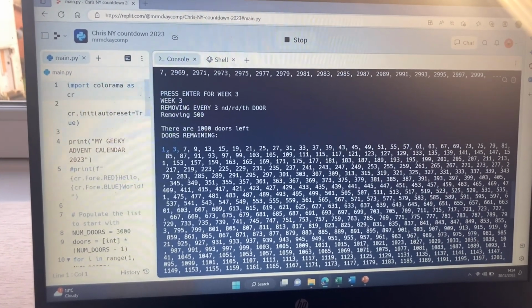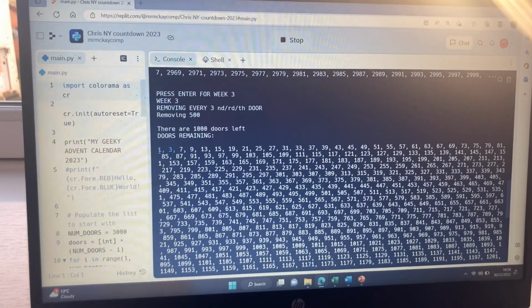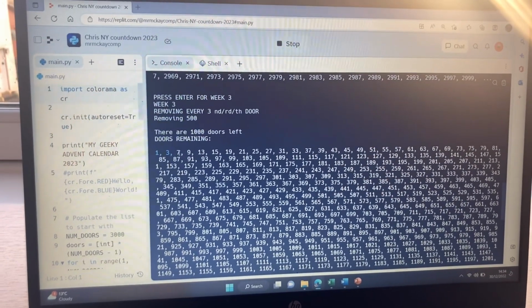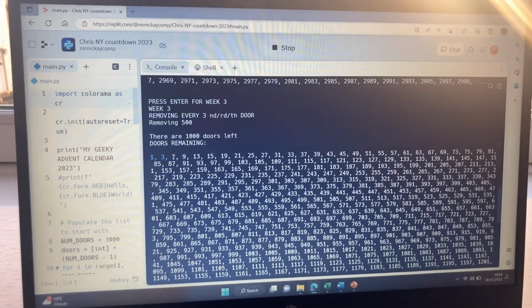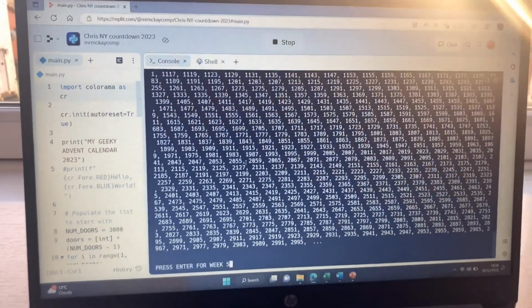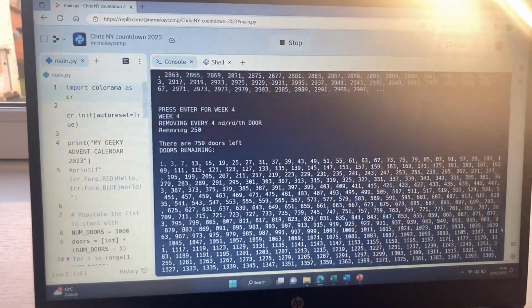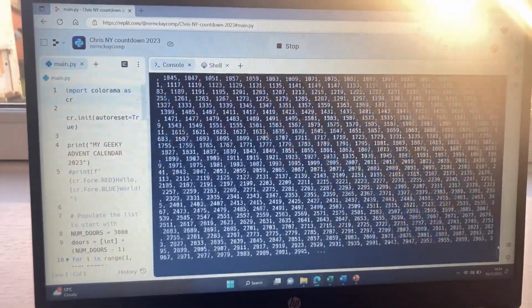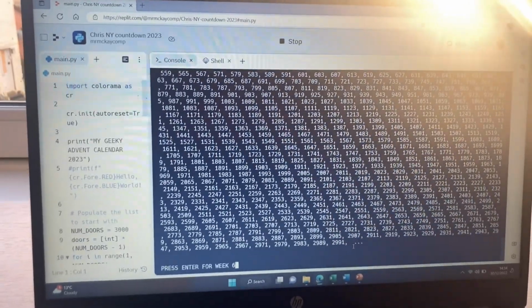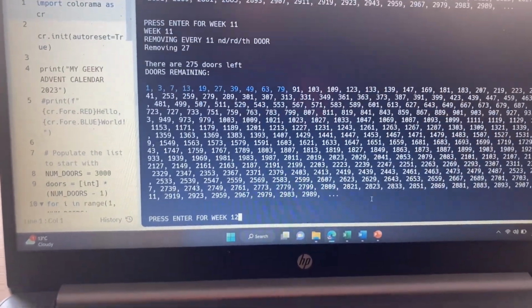Of course, 1's safe. It was safe already. Number 3, it's going to remain because we were getting rid of every third number on the list, and it's the second. And similarly, if we're getting rid of every fourth number on the list, then 1, 3 and 7's going to be alright as well after we do week 4. And let's check. Was it? Yes, it was. Great. And then week 5, and week 6, and week 7, and week 8, and we just keep working our way through.